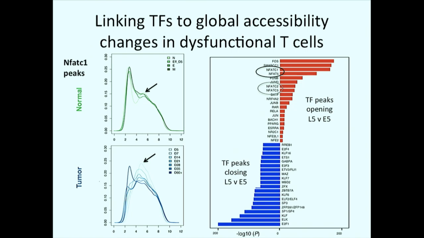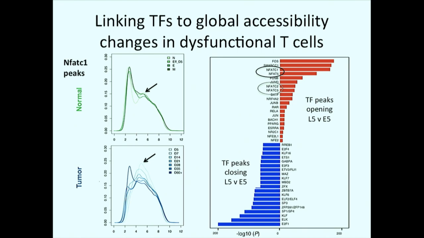There are different ways of doing this. What we did for this paper, we took all the transcription factors that were expressed in our data set. That's about 200. For each one, we assigned a unique DNA binding motif, and that's a whole procedure in itself. Some transcription factors will have 10 different motifs in a database, and you have to impose a hierarchy of believability. Once you associate a transcription factor like NFAT-C1 to a motif, you can use that motif to index into your atlas and find all the peaks that have the motif.